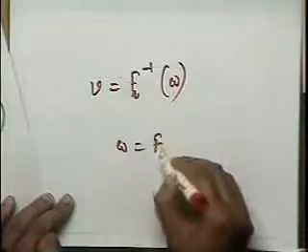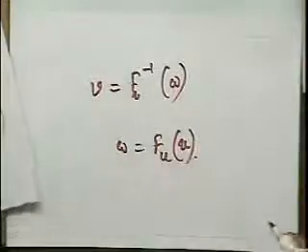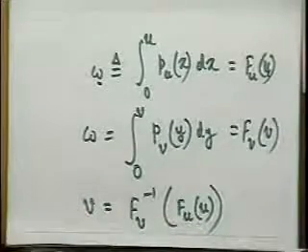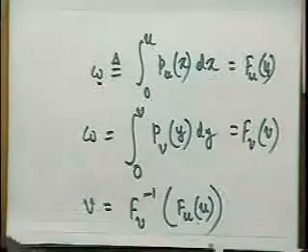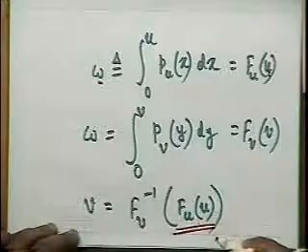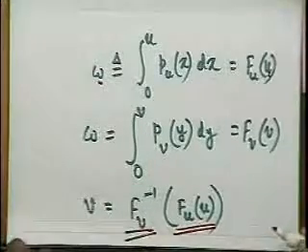W is nothing but Fu(u). So clearly this is what I get, Fv inverse of Fu(u). All that I need to know is the transformation function Fu(u) and the transformation Fv. If Fv is known to me, Fv inverse is also known to me, and I get the processed image V. Alright. So given any input probability density